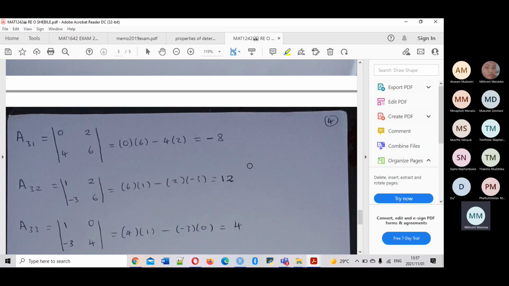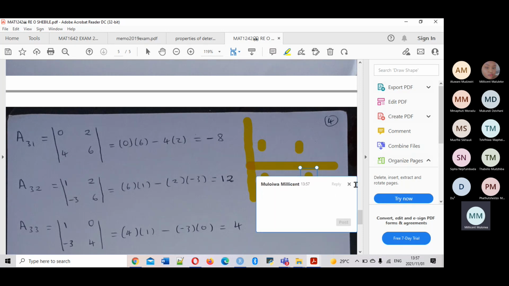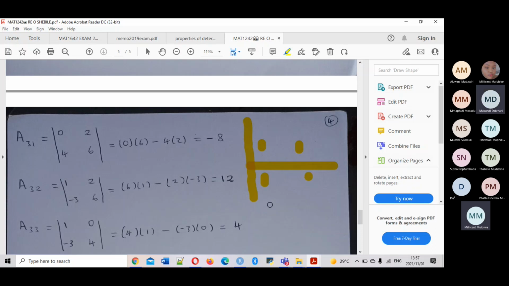In A31, you are going to draw a horizontal now on your A31. It will be like this. Therefore, you copy the numbers which is here and here and here and here. Are we fine? Yes. Then